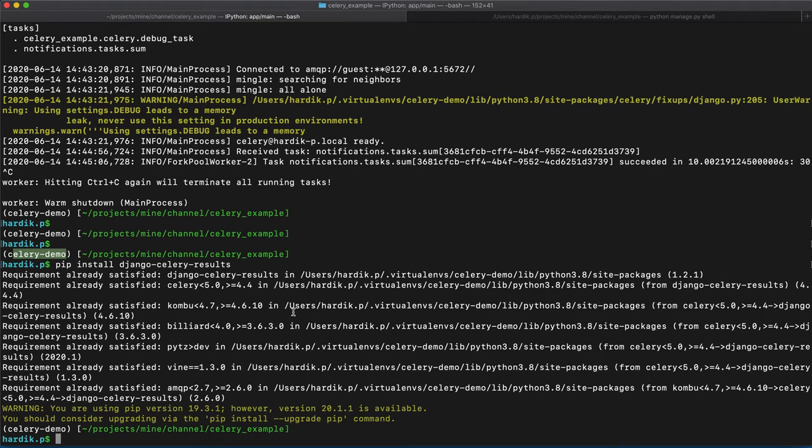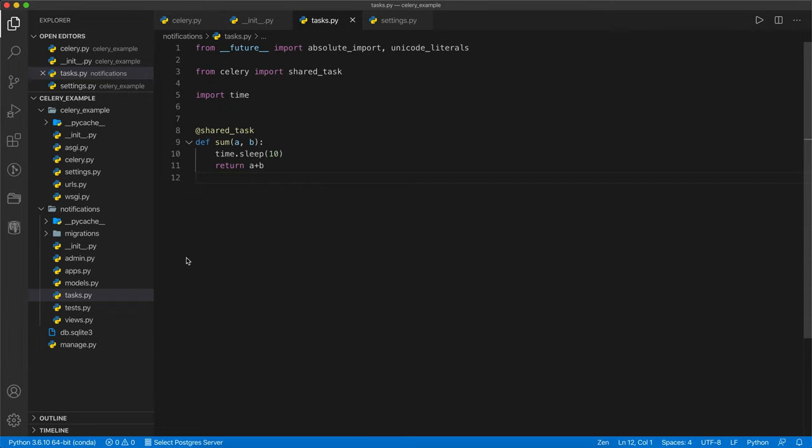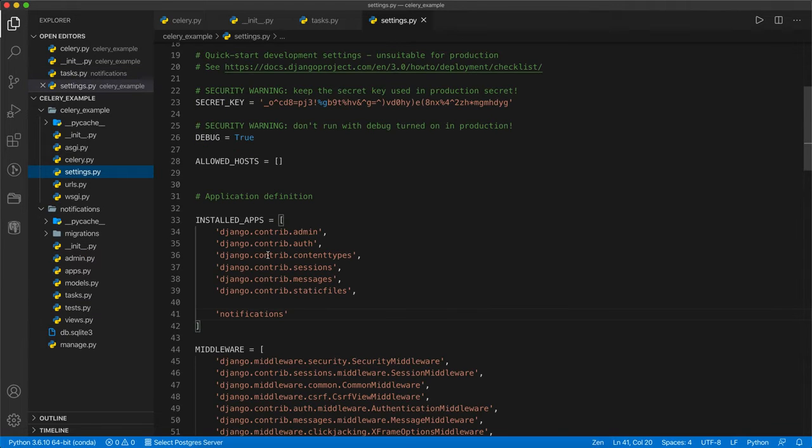But in your case it will be installed and then you will be able to use this package. Basically what it does is save all the tasks we are calling, and those tasks will be stored in the database. That means it needs a table in the database. So we need to add this into our settings.py, so we can migrate the migration files of that particular application, and we will have the table for that as well.